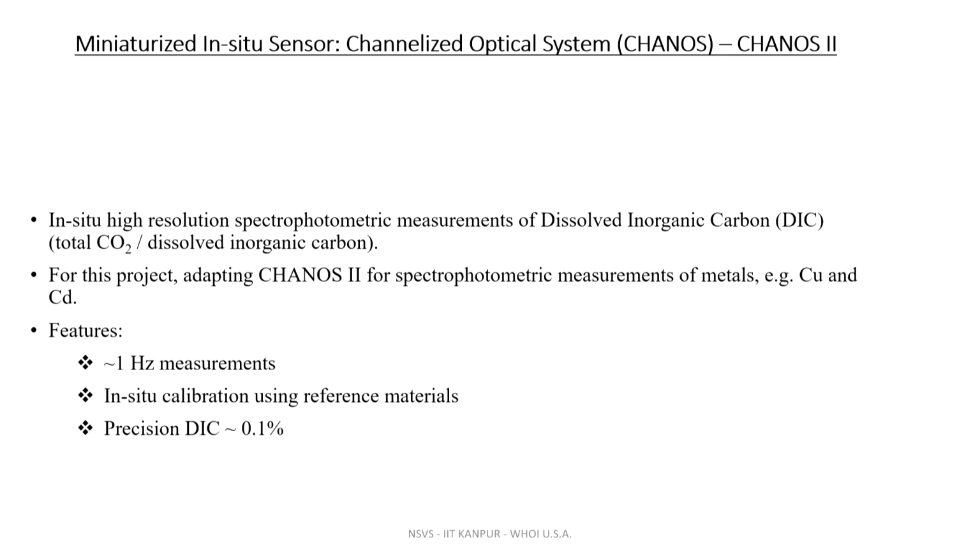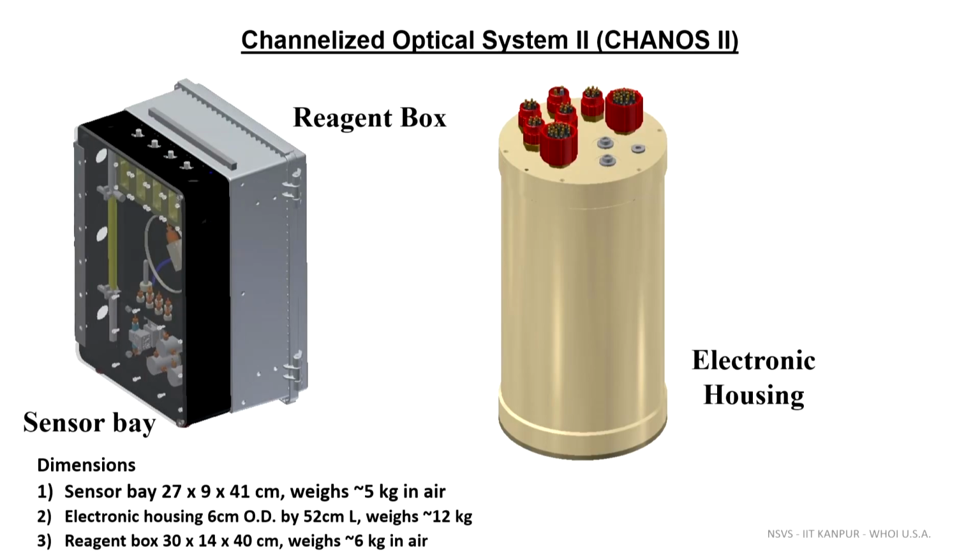So that was quite a big challenge for the system. This is how a Chanos system typically looks like, and you can see both the sensor bay, where the spectrophotometer is installed, and the electronic housing, power, PCBs, etc. So this entire sensor is of very small size, 27 by 9 by 41 centimeter, in comparison to the enormously